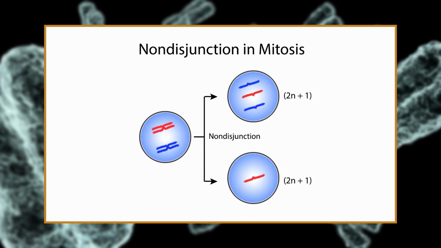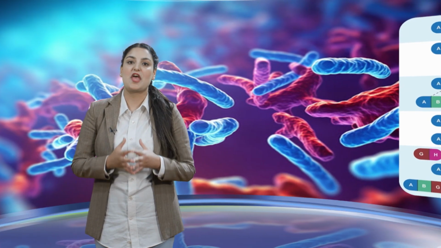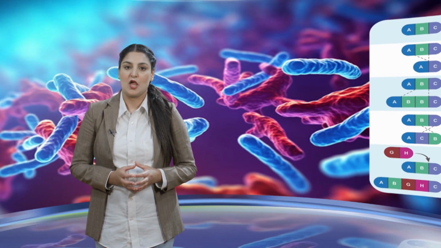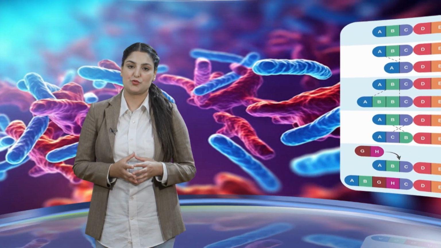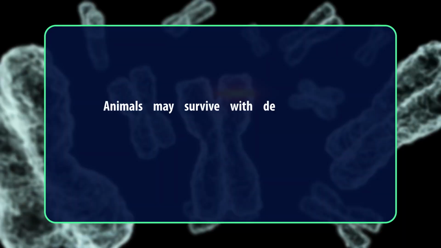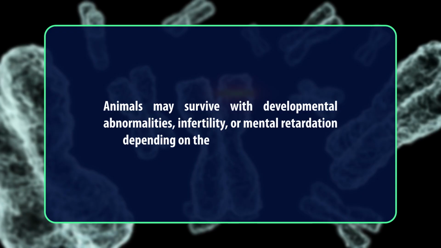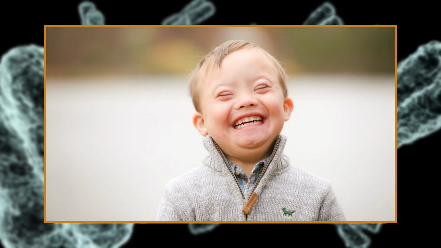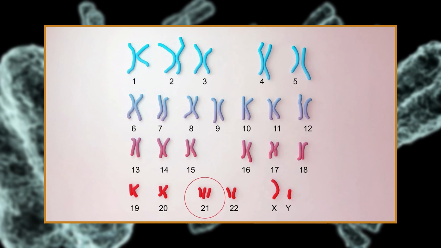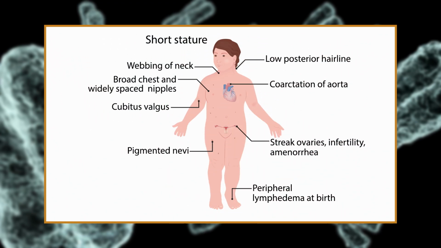Aneuploidy typically arises due to non-disjunction during meiosis or mitosis, where chromosomes fail to segregate properly. This causes gametes or cells with abnormal chromosome numbers. While plants often do not survive such mutations, animals may survive with developmental abnormalities, infertility, or mental retardation, depending on the affected chromosome. Dear students, common examples include Down syndrome, caused by the non-disjunction of chromosome 21, Turner syndrome, resulting